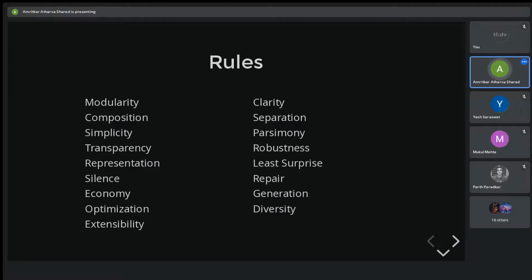And then optimization: getting it working before optimizing it. First see if your code works and only then optimize it. And then comes extensibility, that is, the future is sooner than you think it is. So design for the future. Your software should be extensible for newer abilities and being able to connect with others.